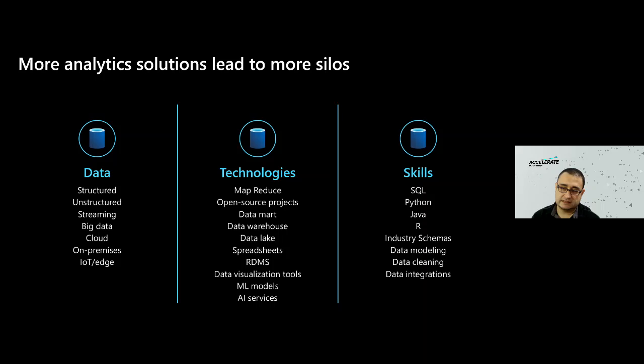And definitely, this has led to the ultimate paradox of analytics. We created all these technologies. We use many different technologies for different types of use cases and different types of workloads. But those technology implementations themselves have created yet another problem, yet another silo. And this is that ultimate paradox in analytics. We apply new technology to integrate and analyze data, and as we do that, we create more silos.